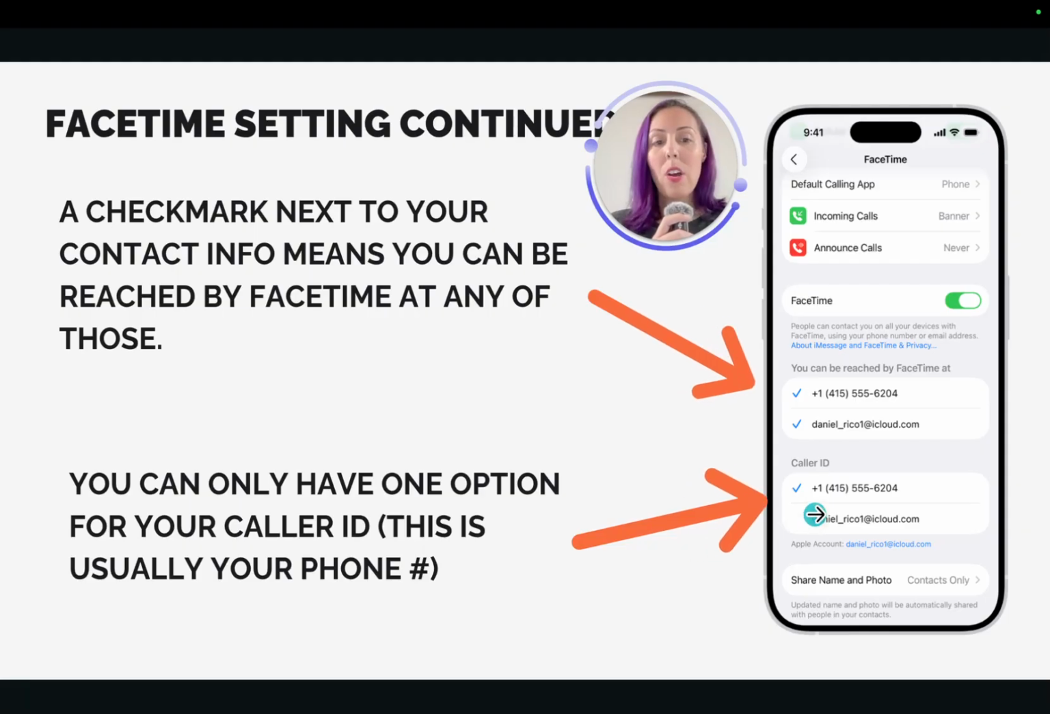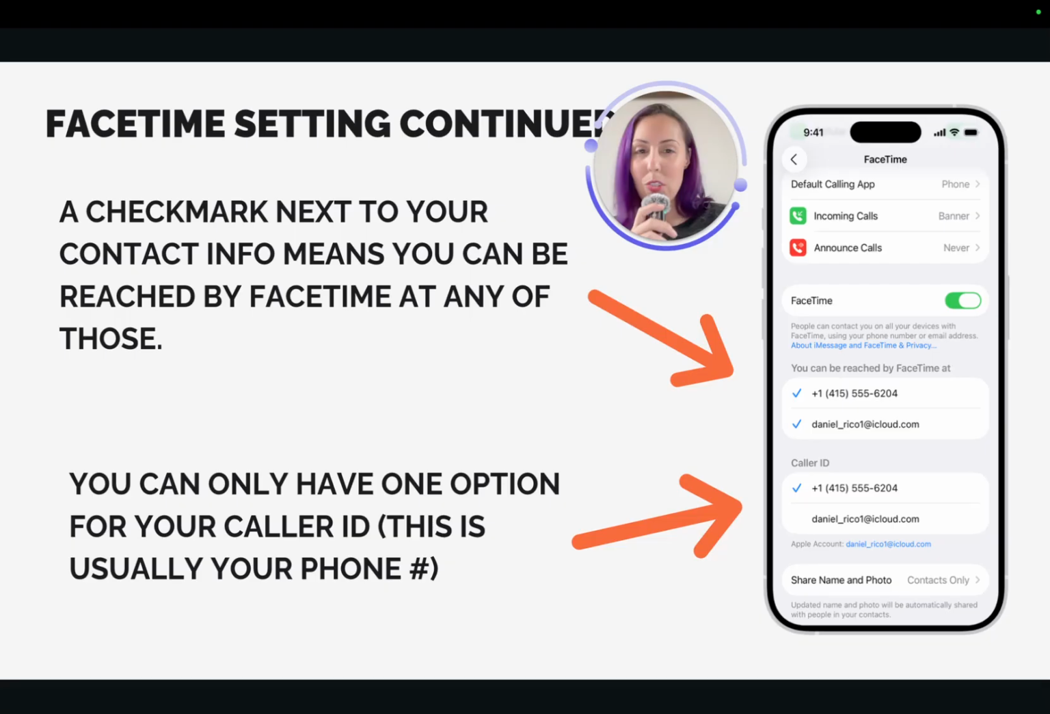So for instance, caller ID, this is what shows up when you call. You can only have one of those selected, so you can practice turning on and off the check marks. For instance, you could click email if you want that as a caller ID, and then this check mark will come off. So you can either pause right here and check out all your settings, make sure that's okay, or